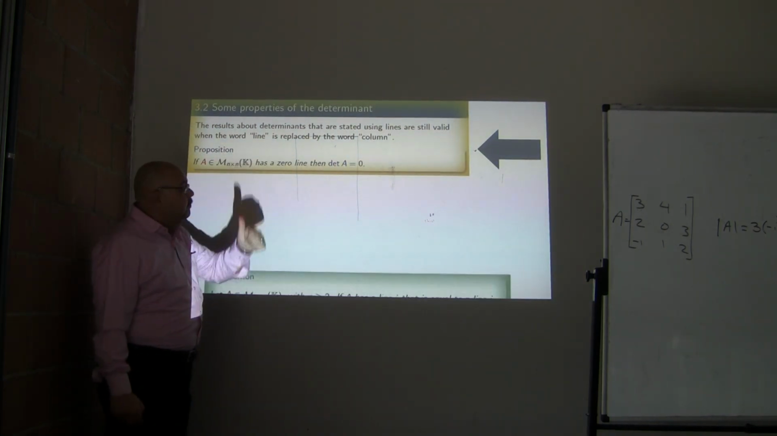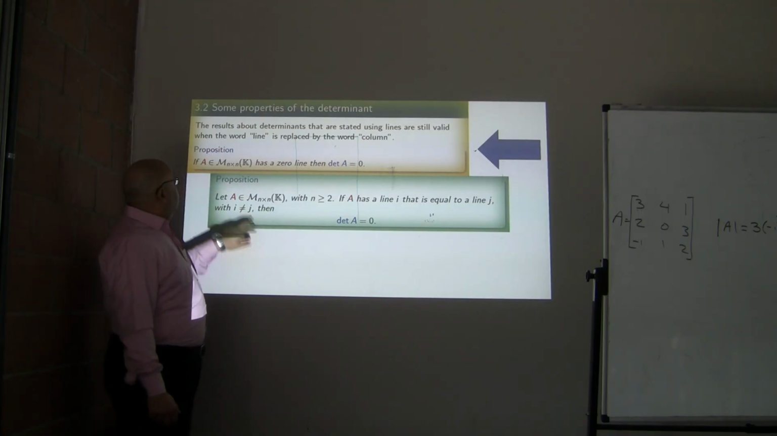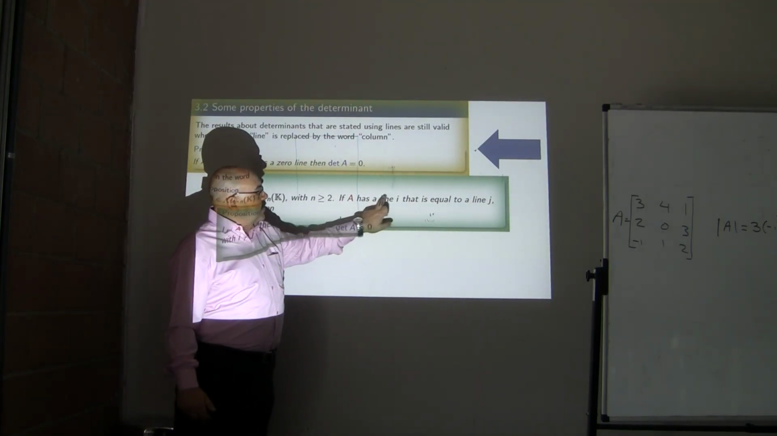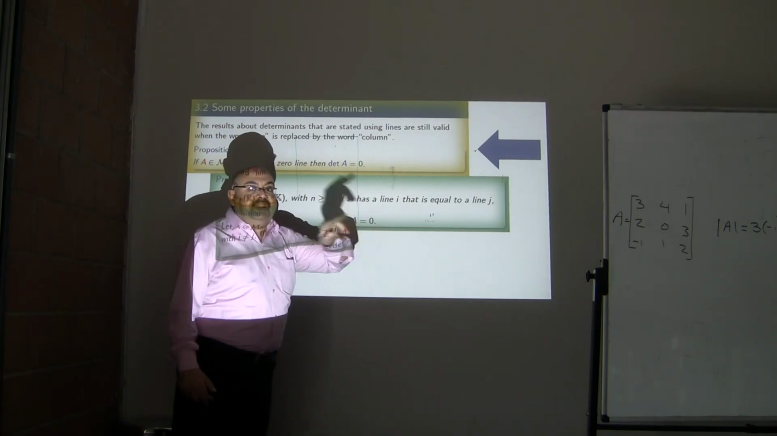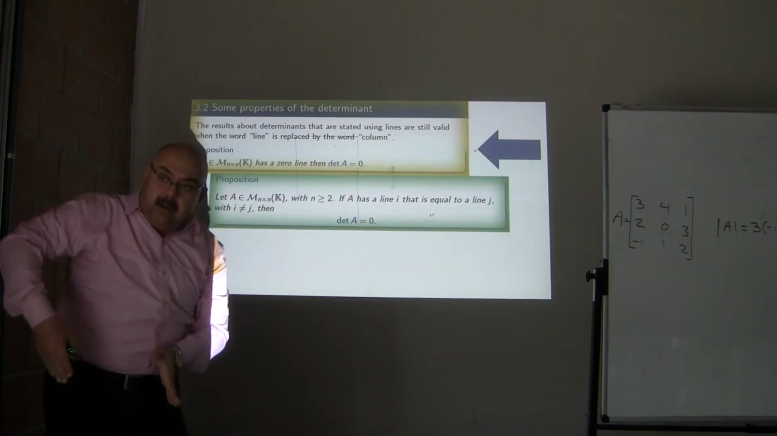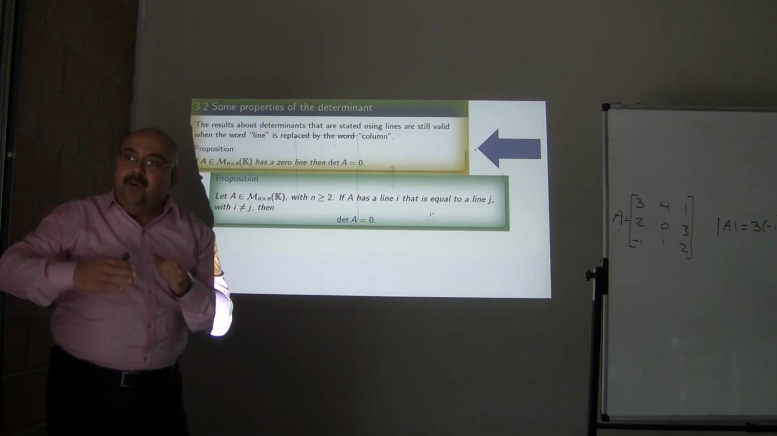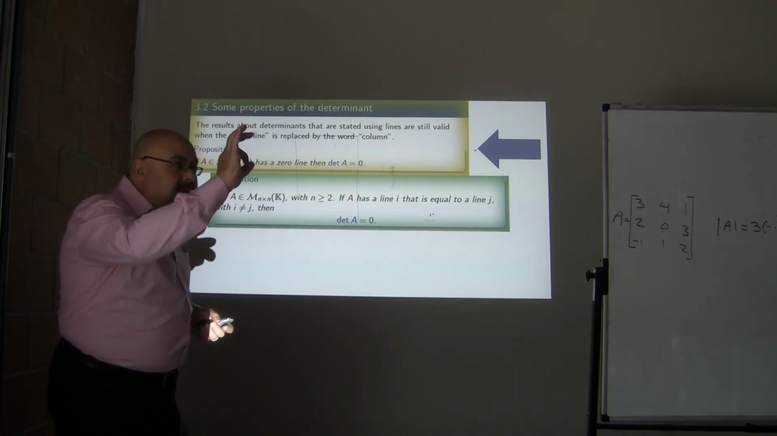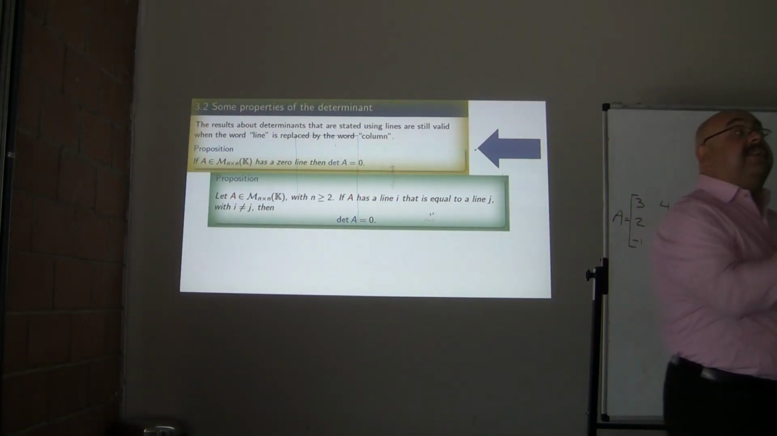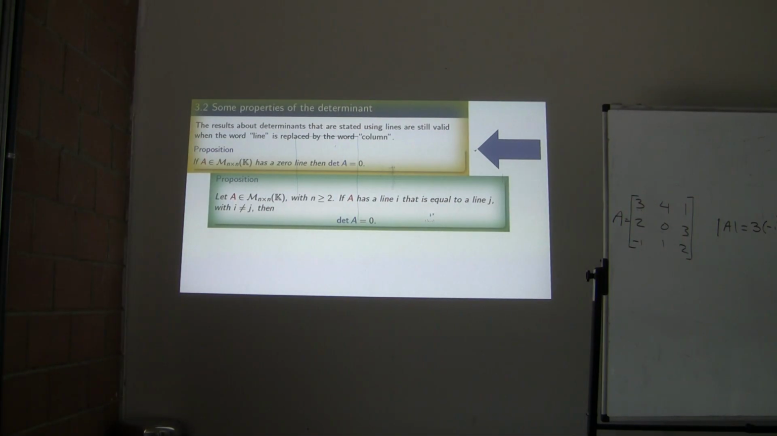This is number 1. Number 2, for an n by n matrix, if A has a line that's equal to another line, if it has 2 rows equal to each other or 2 columns equal to each other, the value of this determinant will equal 0. You have 2 propositions, very important. If you have a complete row of zeros in a matrix, then the value of the determinant assigned to this matrix is equal to 0. If you have 2